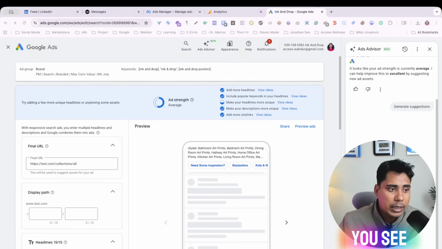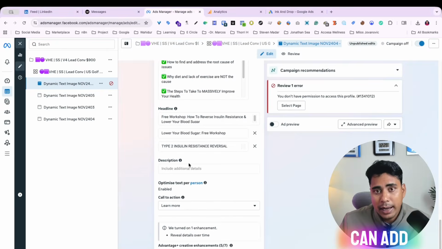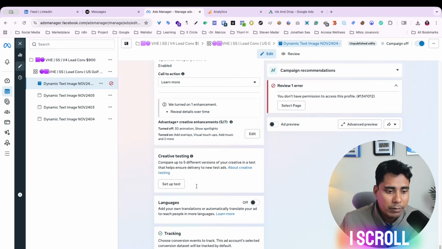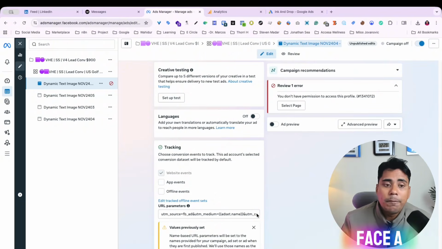If you see, this is our Meta Ads Manager. Here also we can add the UTM parameter. If I scroll down here, we have a UTM source and URL parameters option. Yes, we can use this, but as per my experience, we face a lot of issues if